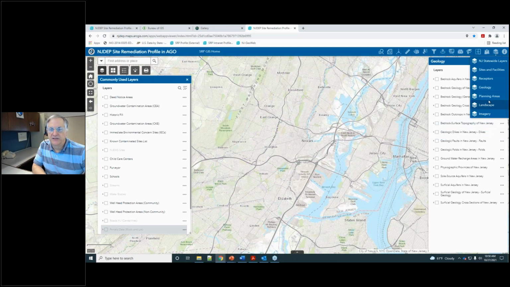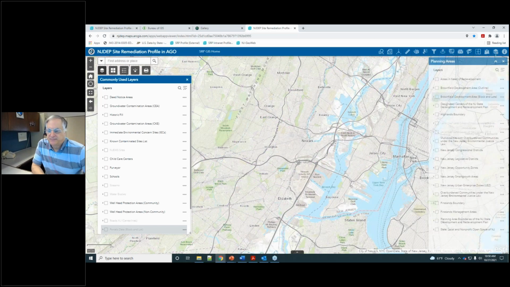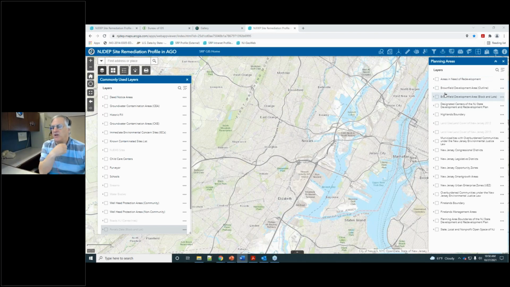Now leaving geology, we have planning areas. The one thing that we did not add in our commonly used layers that is related to SRP is the brownfields development areas. They are available here. And also along with the Highlands, Pinelands,